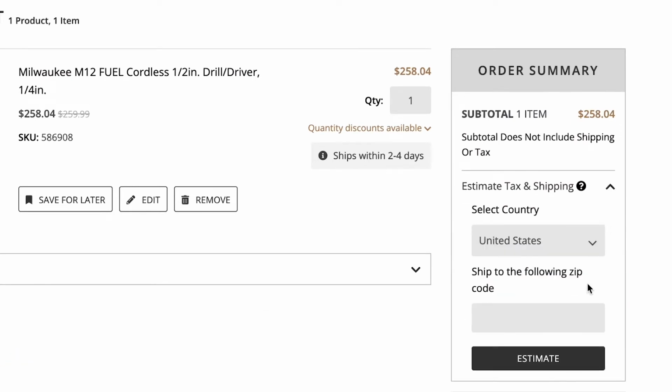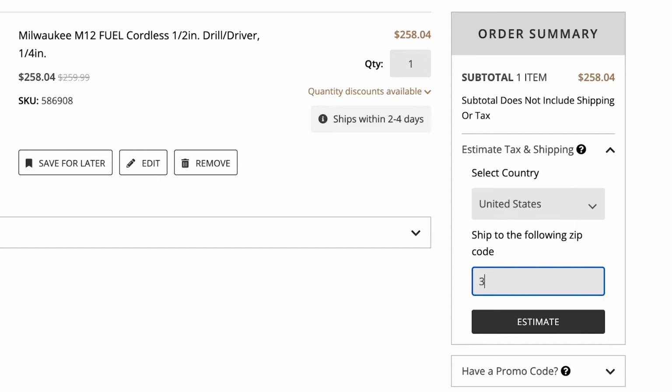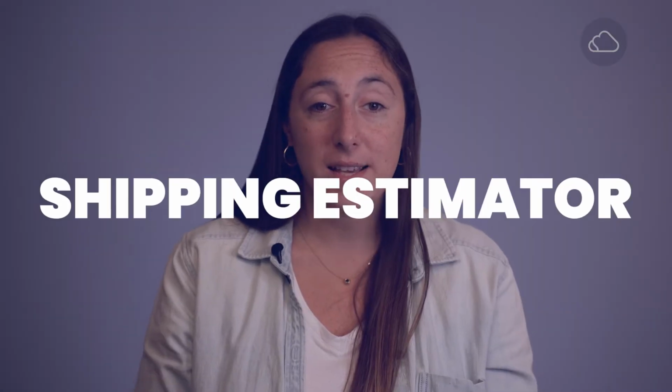The shopper can input their zip code to estimate their shipping cost and tax to get a more accurate order summary. Several settings control the shipping estimator. It displays the estimated shipping cost based on the shipping estimator preference selected by the website administrator. Note that the preference setting you select may not apply to a particular customer. For example, you may choose a default shipping method that is not available for one specific customer address. In this case, a system of precedence determines the preference used to calculate the estimated shipping cost.